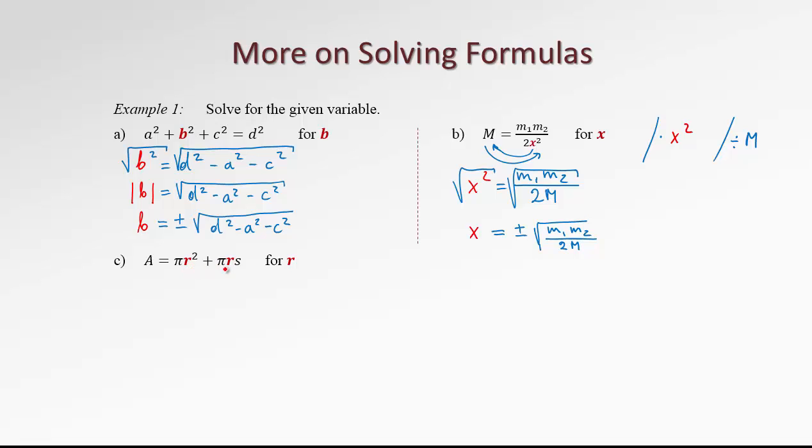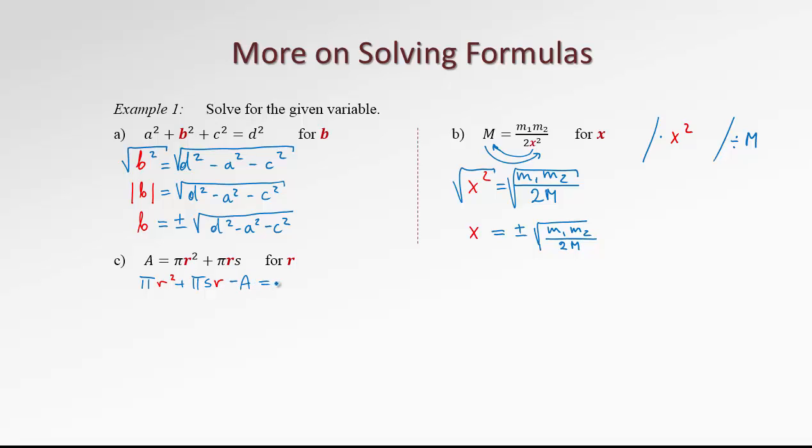Factoring here wouldn't help just because of this difference in exponents, right? So in such cases, what we can do is treat this equation as quadratic with respect to r. For example, if we bring the a to the other side, we get pi r squared plus pi s r